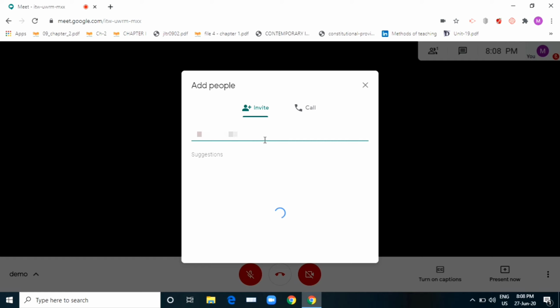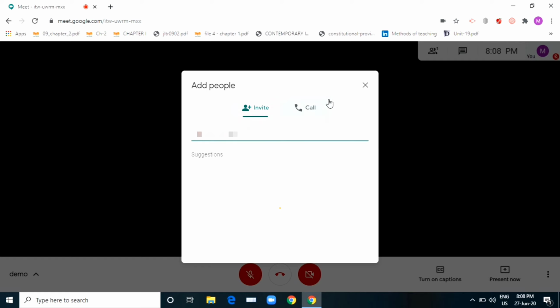As you type in the name or the mail address, here you will get the suggestions. In the suggestions box, you should click on to the suggestion given and then move on to the next mail ID. So this is how you will be inviting people or adding people to your Meet.